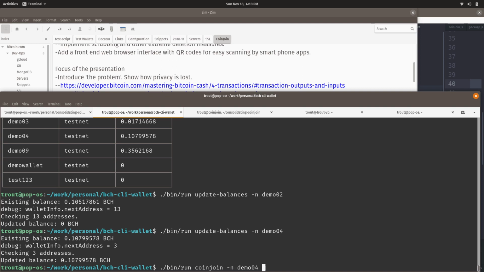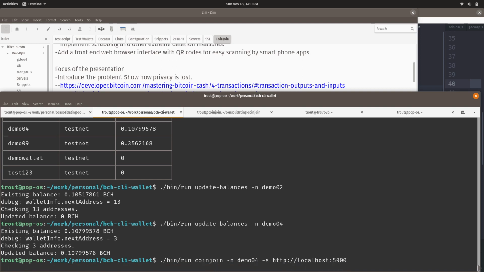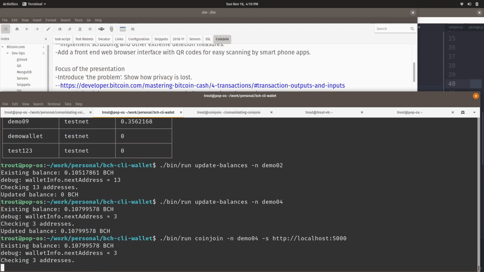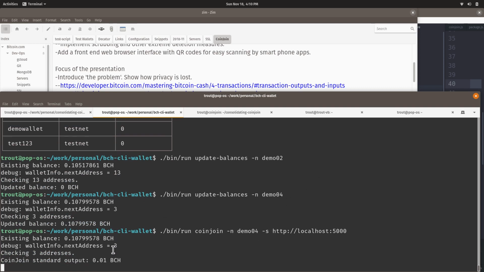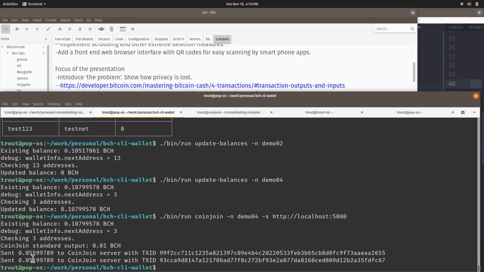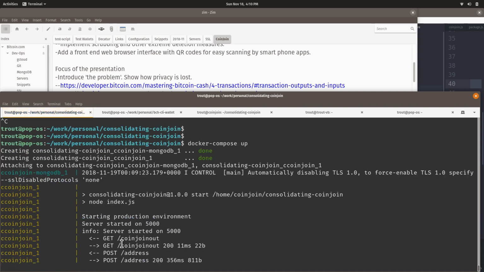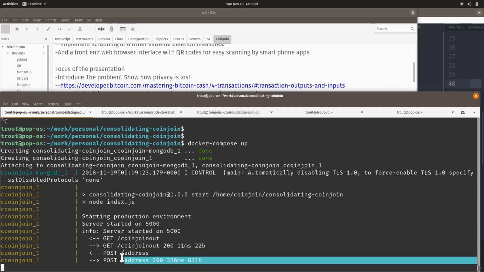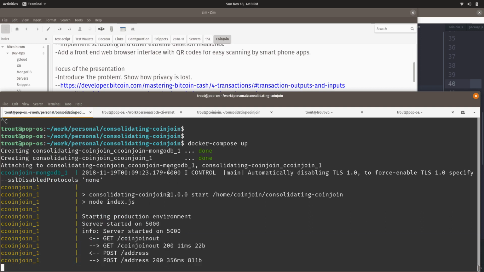I'm going to use wallet 4, and I'm going to send it to the local server, localhost port 5000. There it's submitting all the money in the wallet. And here's the server side. This is what it looks like. Here you can actually see the HTTP endpoints getting called.